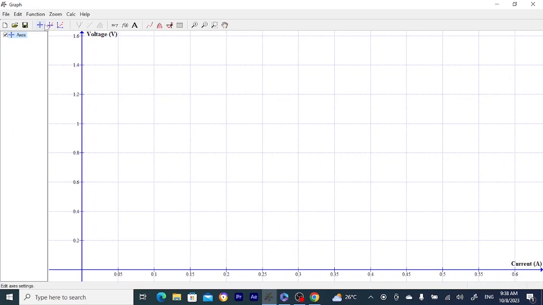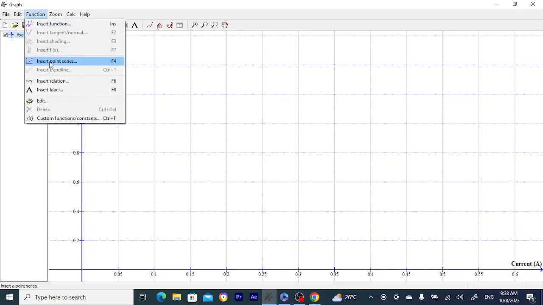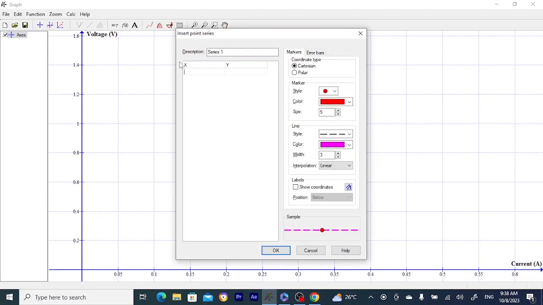Alright, so I'll just go ahead and pick up my points. Pick out 0.1 on the current axis, and then 1.36, somewhere around this point here. From your graph sheet, pick out your points. For me, I'll simply input them. Don't forget X is my current axis. So when the current was 0.1, the voltage was 1.36. When the current was 0.2,